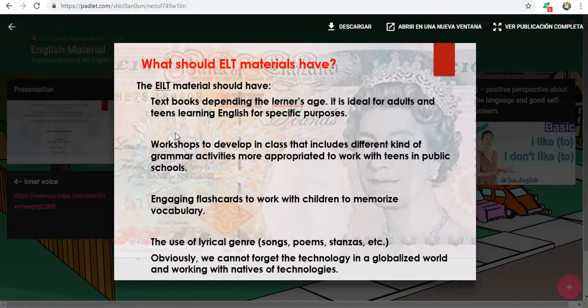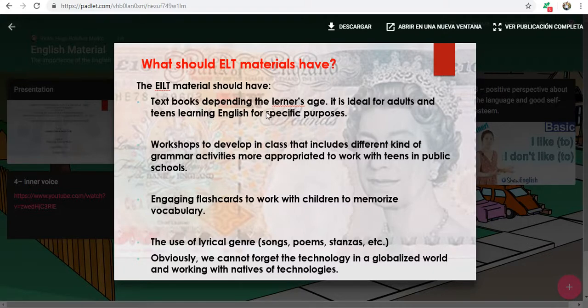First part. What should English language teaching material have? Taking into account Tomlinson in this course, the course books are the most important tools for the teacher and for the learners, because it provides the learner the safety and security to work during the process, and it provides maybe the professional material they need to be successful in this course, and it helps the students and the teachers to save time during the process.